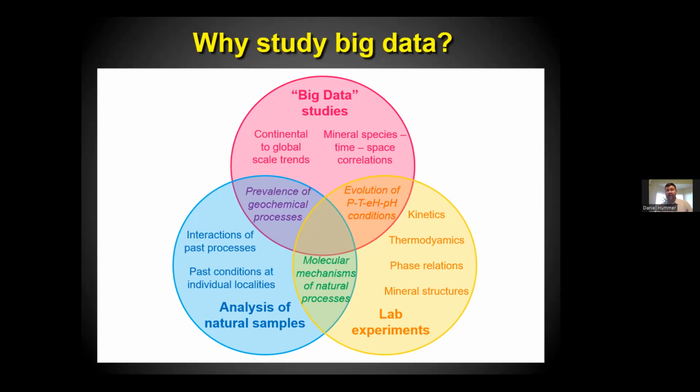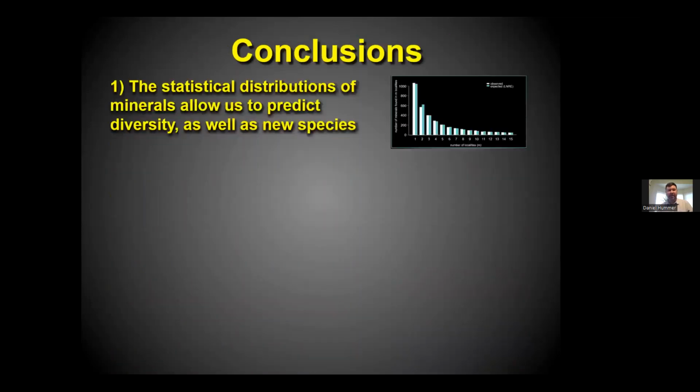They're telling us broad processes that were taking place across a lot of the Earth across a very long period of time. And when we combine all of this information, it tells us things about the prevalence of different geochemical processes at different periods in Earth's history. It tells us about the evolution of the planet, but of course, we have to correlate that with what we already know about the behavior of minerals. So I think the three of them together are going to reveal a lot of new things about Earth's history that we didn't know before. It's already happening. Myself and several of my collaborators have already published things along these lines, and I think this is a really exciting new frontier to combine with what we already know and give us the big picture.